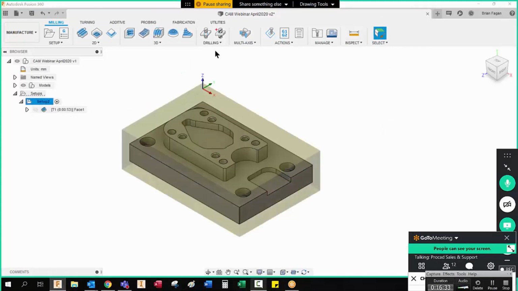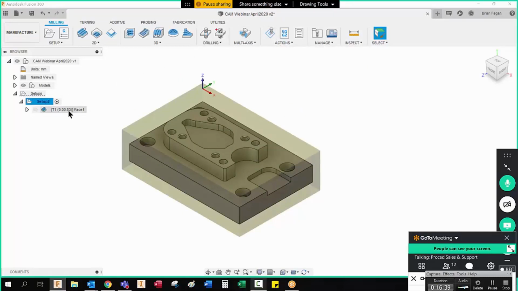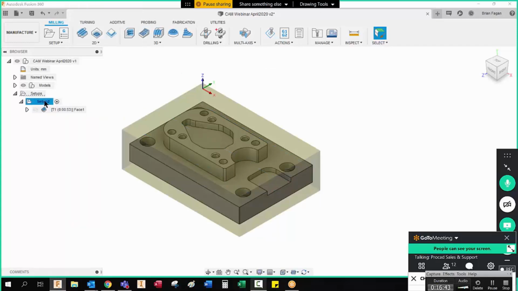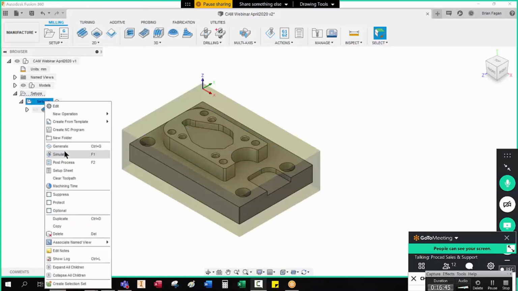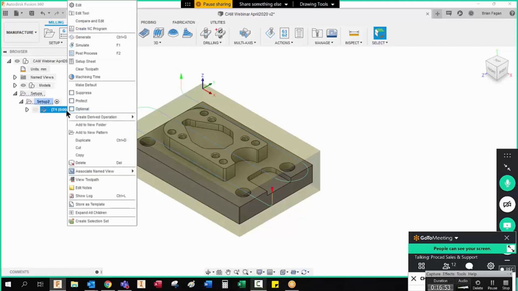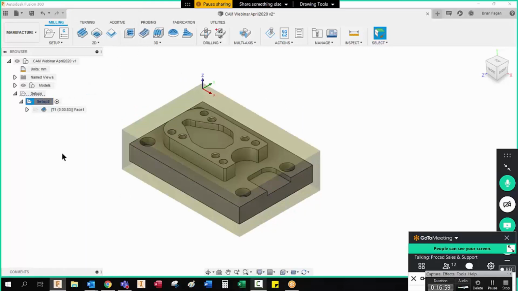If we want, we can run a simulation on that. If I go up here, I can press simulate, or I can right click and simulate on the tool, or I can go into setup and right click and simulate. It's always best practice to select setup, because when you've got loads of toolpaths, if you select the tool and simulate, it'll only simulate that one tool. If you click setup, it'll do the whole lot. So if we go simulate,